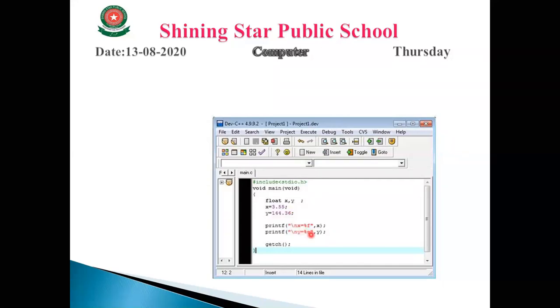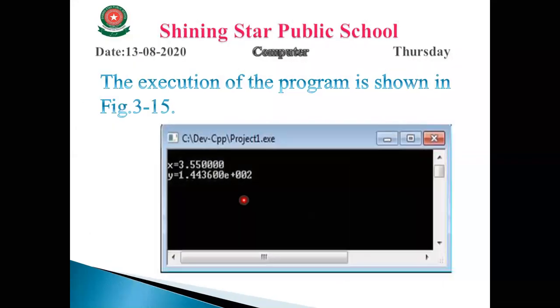Now when we use %e, %e is used with the exponential notation. Exponential notation means we have to write a number in scientific notation. We can say that simply.